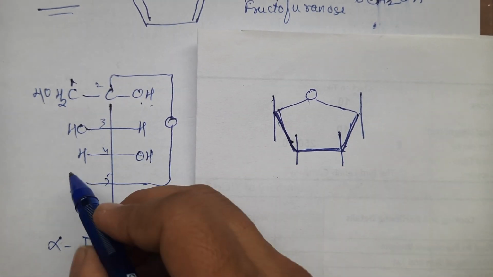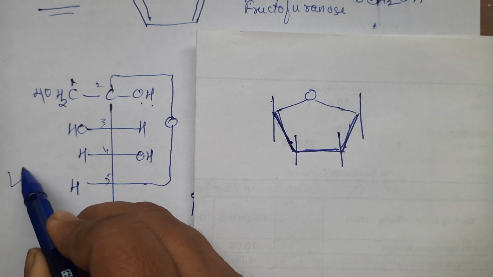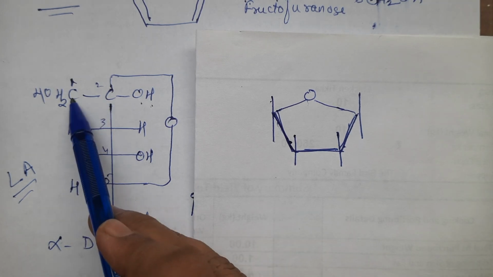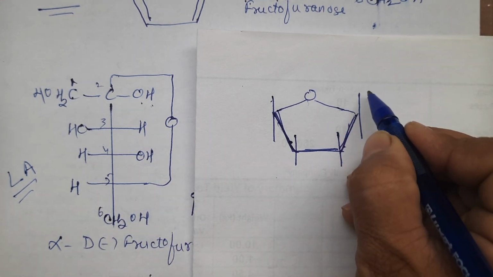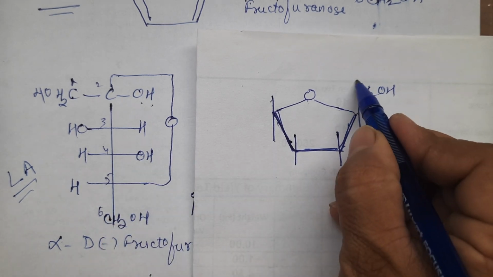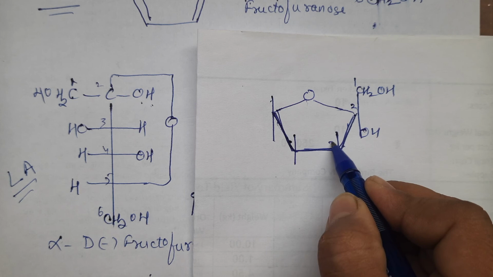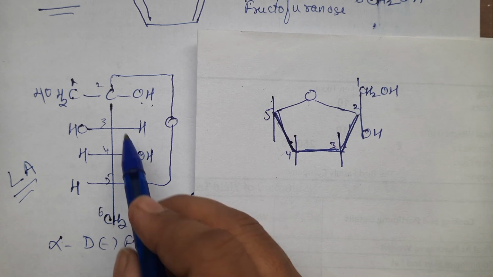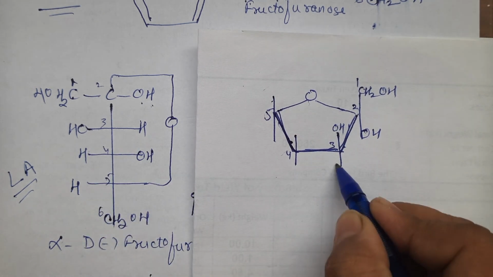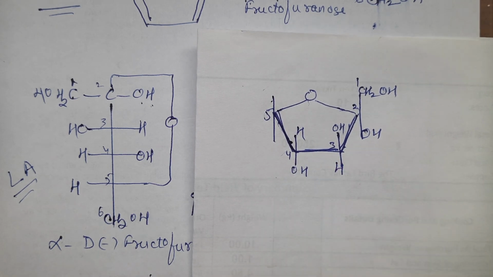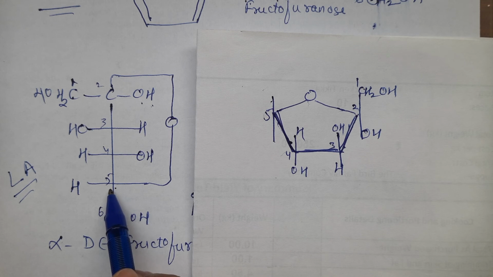So we are going to show whatever is there on the left hand side. If we show above, left hand side we have to show in this above. So left hand side, what is above? This is CH2OH. So we will show this here, CH2OH on the top, OH down. So this is first carbon, second carbon, third, fourth, fifth and sixth will be coming here, right? Now say third carbon atom, what is above? OH. H. Fourth carbon atom, what is above? H. OH. On the fifth carbon atom, what is above?